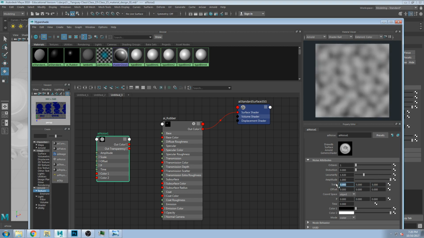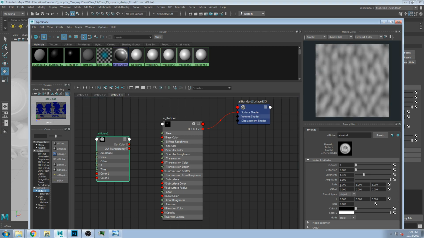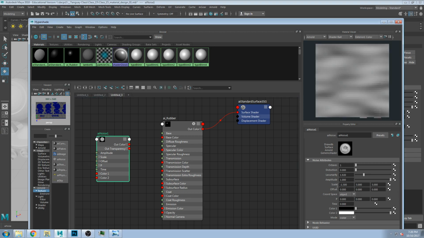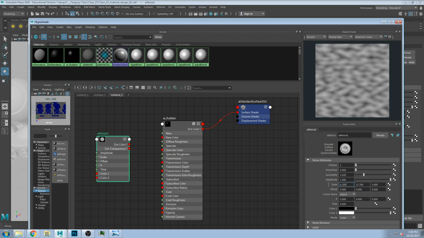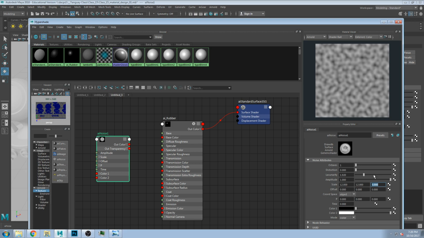So I just scaled it up. Let's see if I can get it to do it interactively. There it goes. As I move that number up and down, if you think of it as almost limitless, what I'm doing is almost zooming out on it. So the higher this number, the more you zoom away from the surface. So I'll just say 12, 12, and 12 for this thing, and then luminosity I think will increase